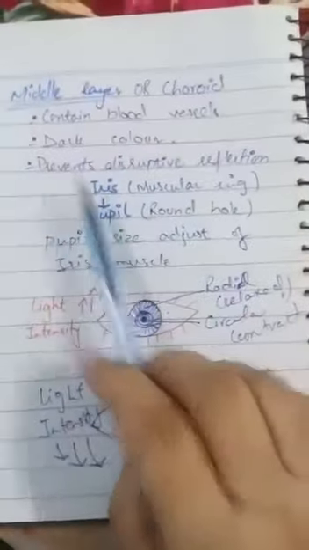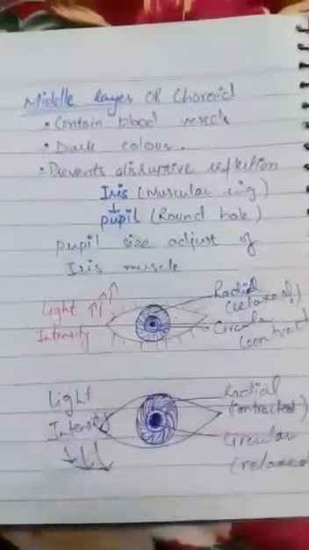And the portions of the middle layer are the iris and the pupil. And what is the iris and what is